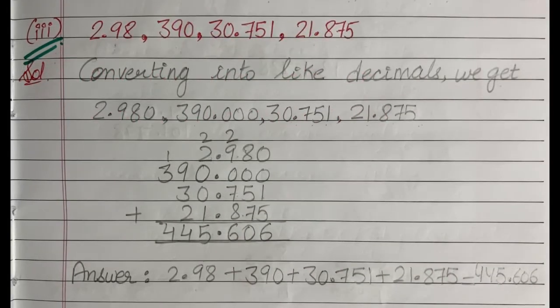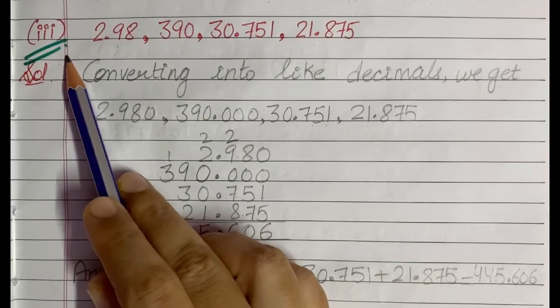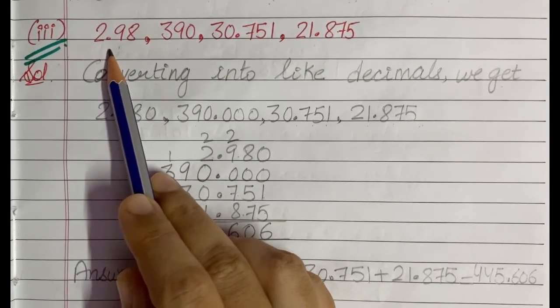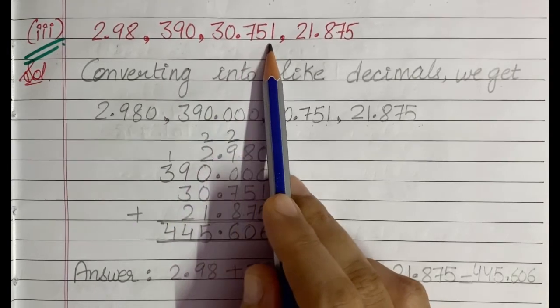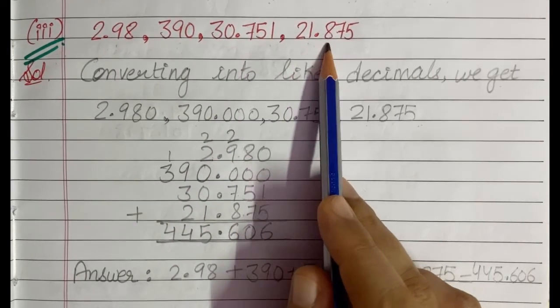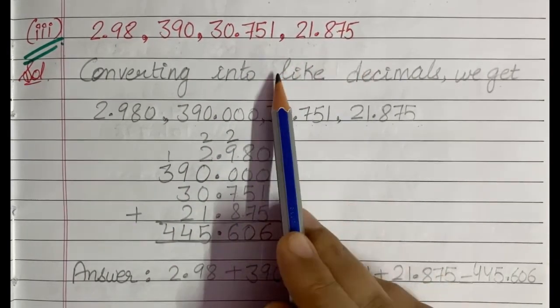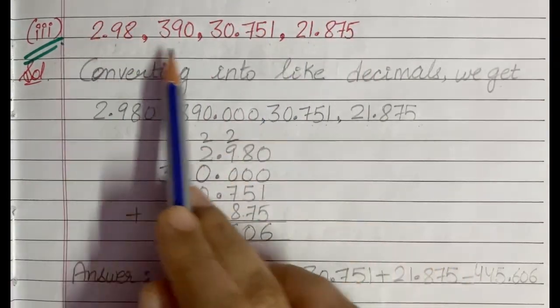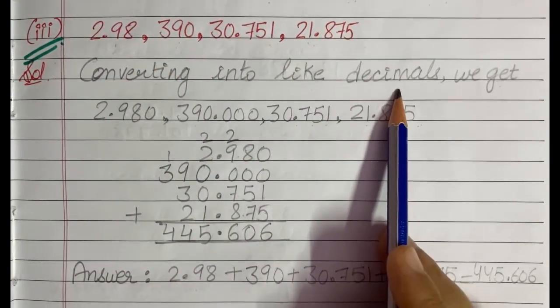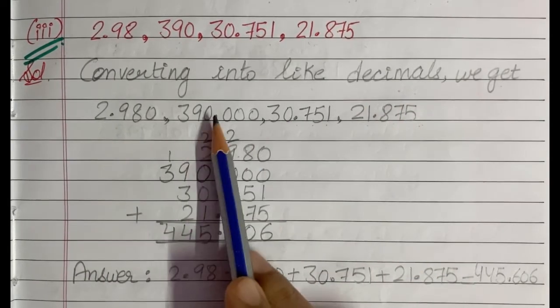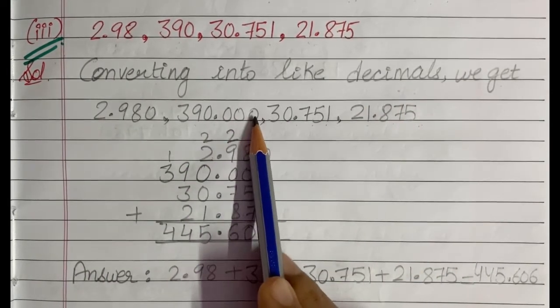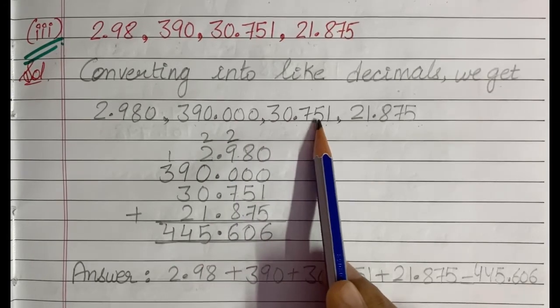Now students, next I have taken the third part, and it says 2.98, 390, 30.751, 21.875. Now students, first of all we will convert these numbers into like decimals, and on converting we will get 2.980, 390.000, 30.751,